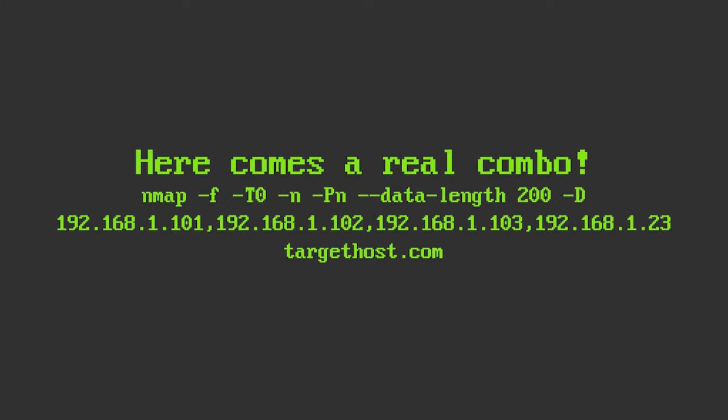So breaking this down, that means Nmap will perform a scan with tiny IP packet fragments -f,